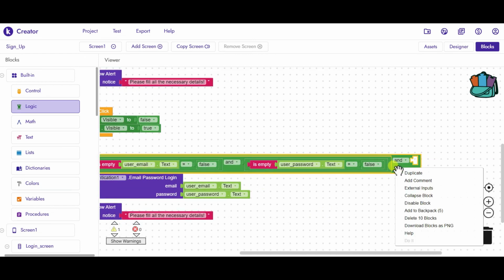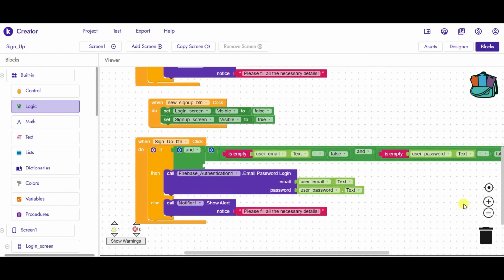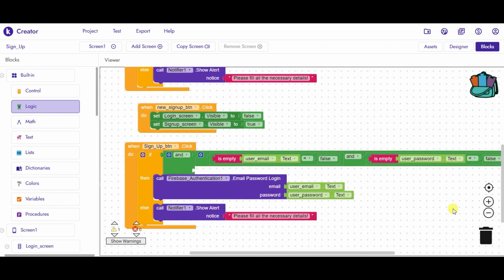Just right click this and take the external input option, just choose that.